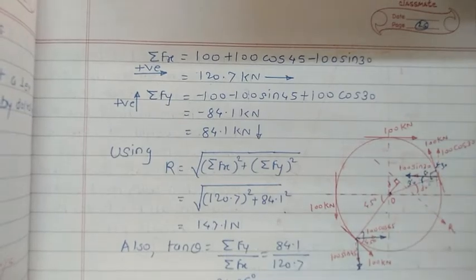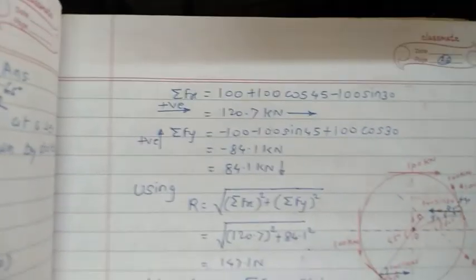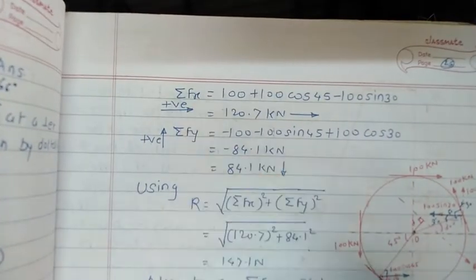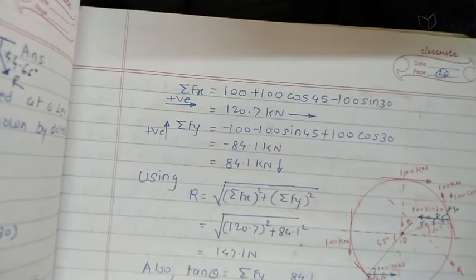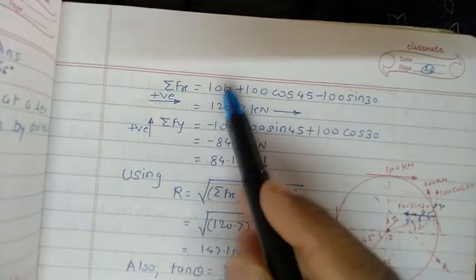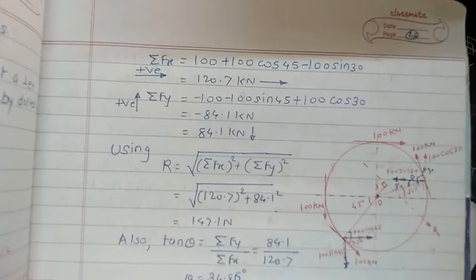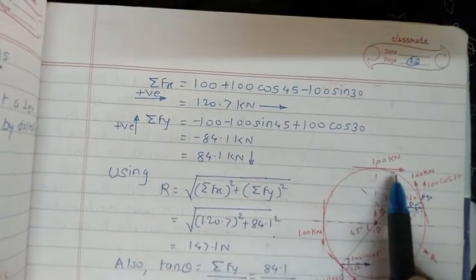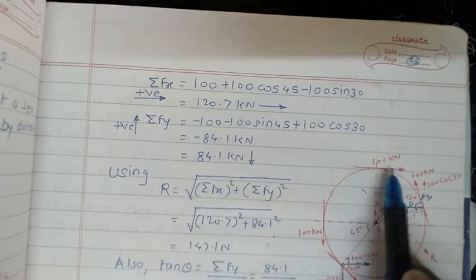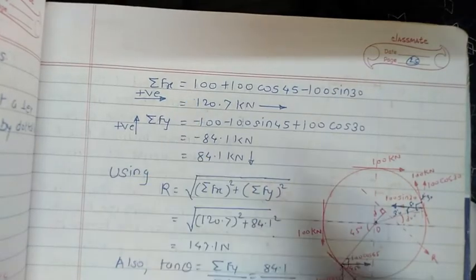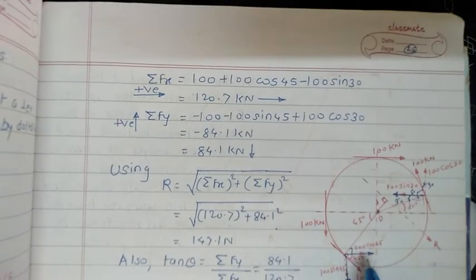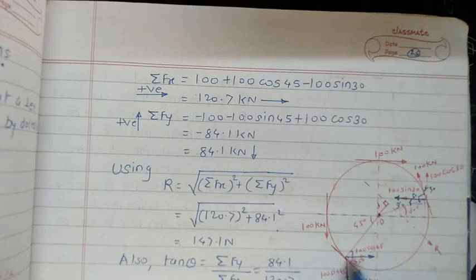Now once the resolution of all the forces is worked, now the problem starts for the calculation of summation of all the horizontal forces. So here in this way you can get the summation of all the forces. So first force is here whose magnitude 100 with us, that force running in horizontal direction towards the right side, this one. So 100 kilonewton force with us, give the plus sign for the same force. Now next one is here 100 cos of 45, this force with us running towards the right side. So consider this force as positive.